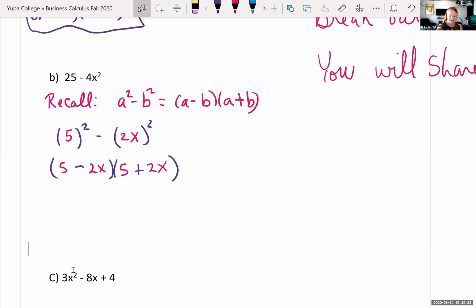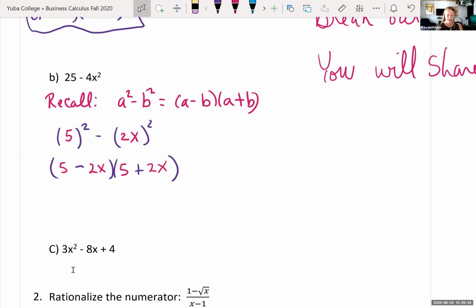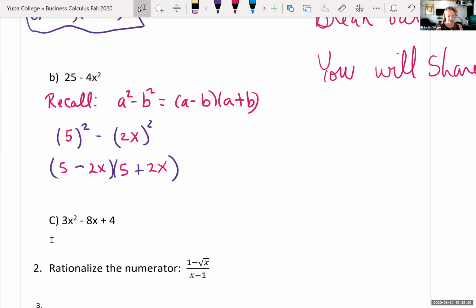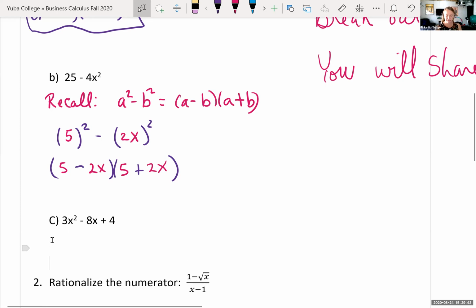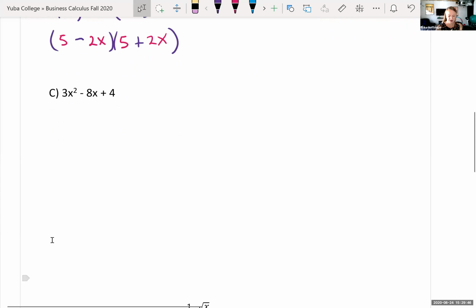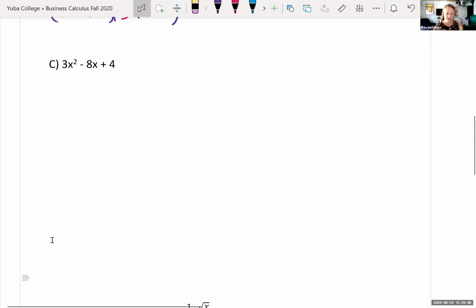Okay, so the next example, factoring. I notice we have a trinomial, 3 terms. It's a quadratic, but unfortunately the number in front of the x squared is not 1. And so I use a trick that always works if it's factorable over the real numbers. And so some of you can do this by trial and error. Some of you, if you want to do it that way, I'm just going to go over what the AC